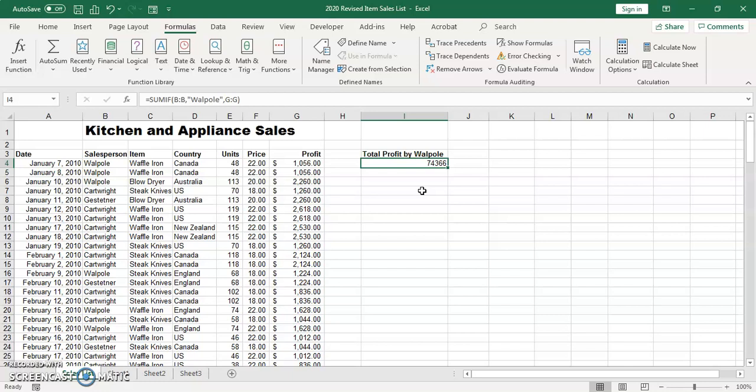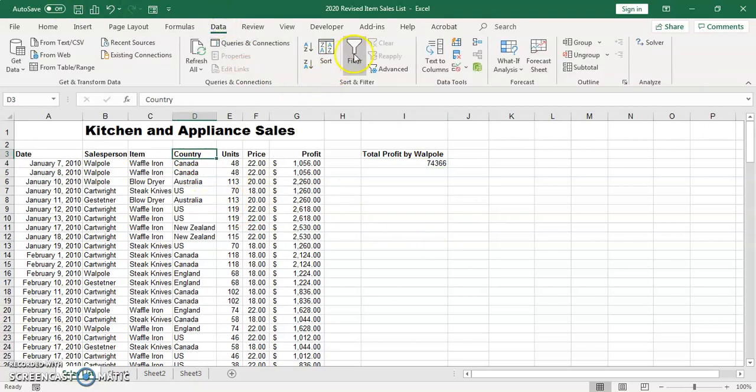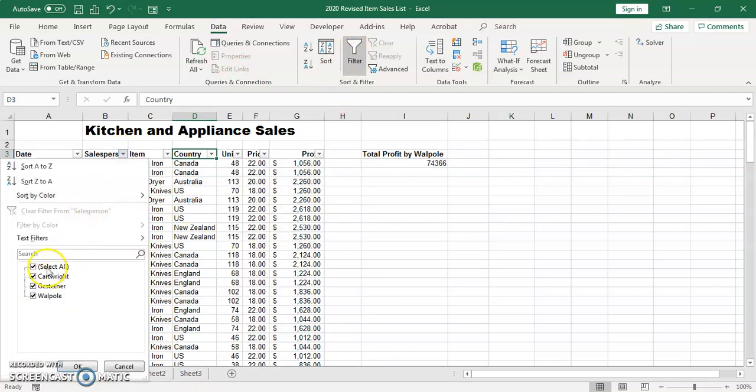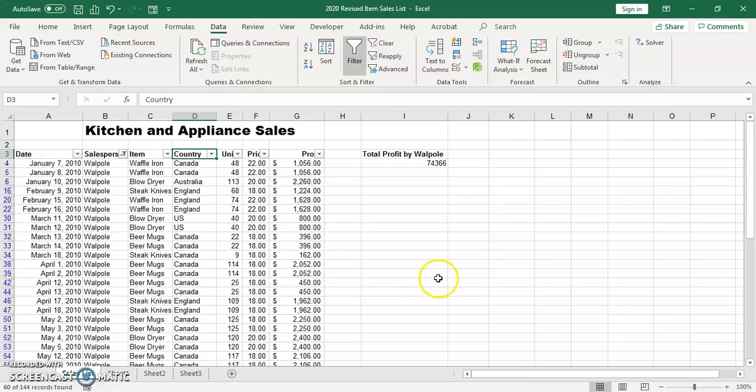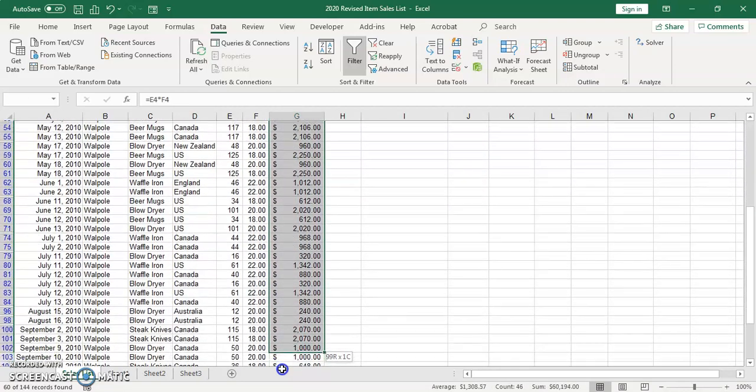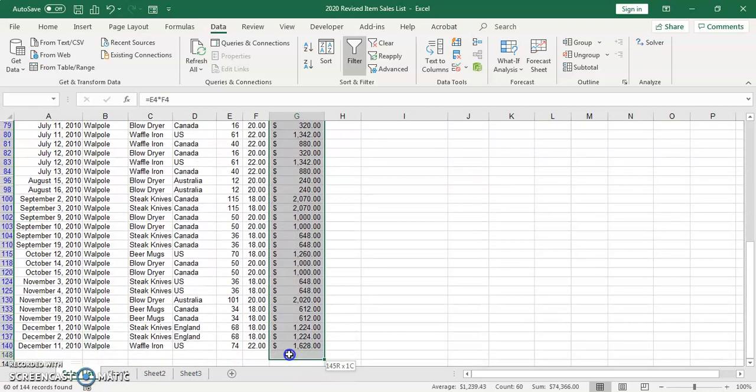$74,366. Now, if I want to cross-check this, I could very quickly go click here, go back to my Data tab, turn on those filtering arrows, and I could go and filter by the salesperson's name of Walpole. And if I click OK, you'll see that it filters down the data. And if I come along here and I highlight these numbers, Walpole has had a fair number of sales. I'll see that down here the sum does equate to